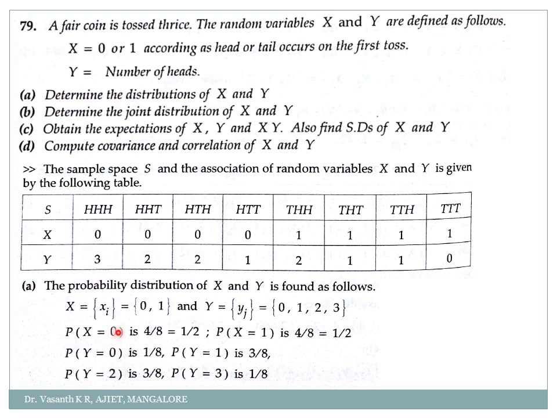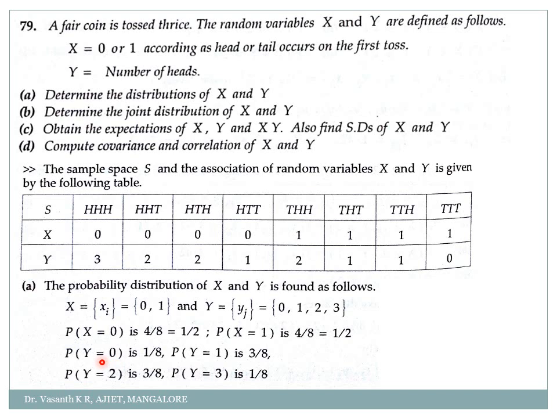So probability of x equal to 0 is how much? How to get it? So probability of x equal to 0 means, check here, how many times the 0 occurs out of 8 chances. How many total number of chances are there? 8. So write 8 in the denominator. What is the expected outcome? Expected outcome is 0. So out of these 8 chances, how many chances are there where I will get 0? 4 chances. So probability of x getting 0 is 4 by 8. Probability of x getting 1 is again 4 by 8 or simply 1 by 2. Hope you are clear with these two probabilities.